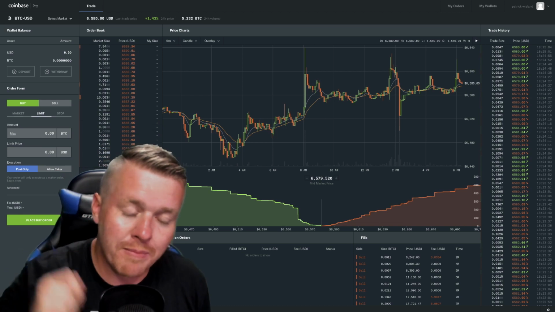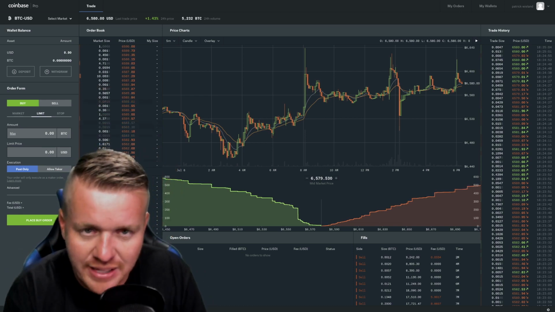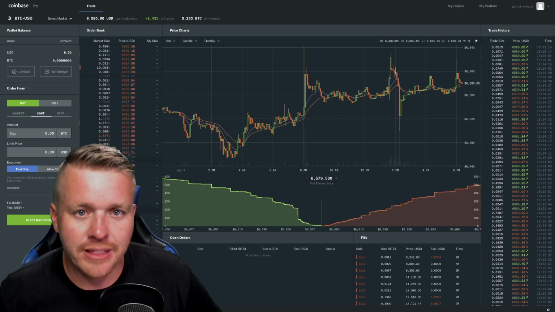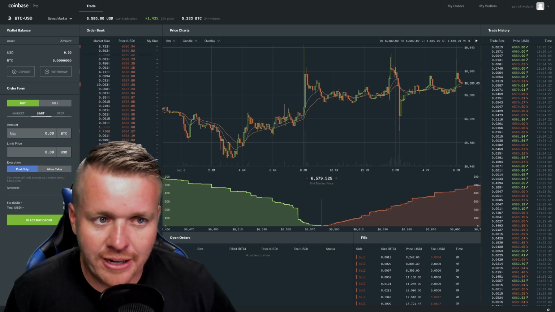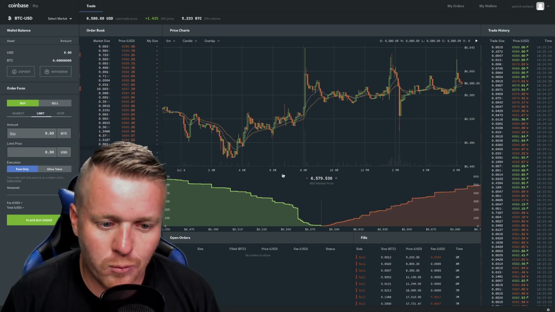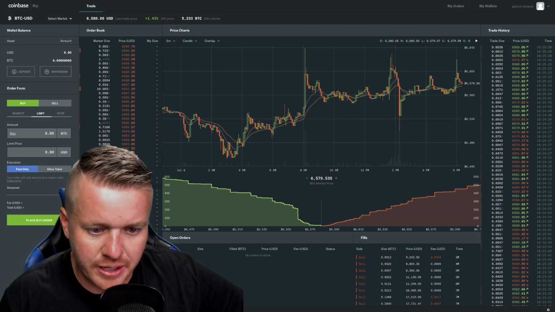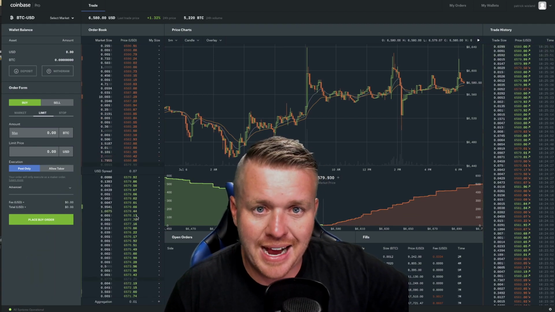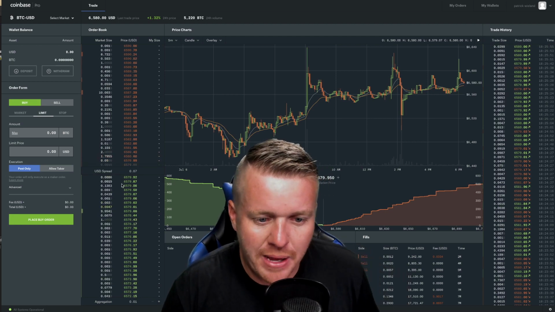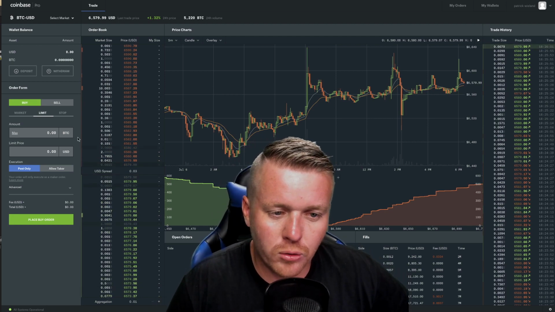Now, if you use Coinbase Pro, you are not going to pay any fees as long as you use a limit order. And if you're a beginner and you don't know what a limit order is, let's say right now Bitcoin is $6,580, and I want to buy some. See down here, the green is the buy side. So if I want to buy Bitcoin and I don't want to buy it with a market order